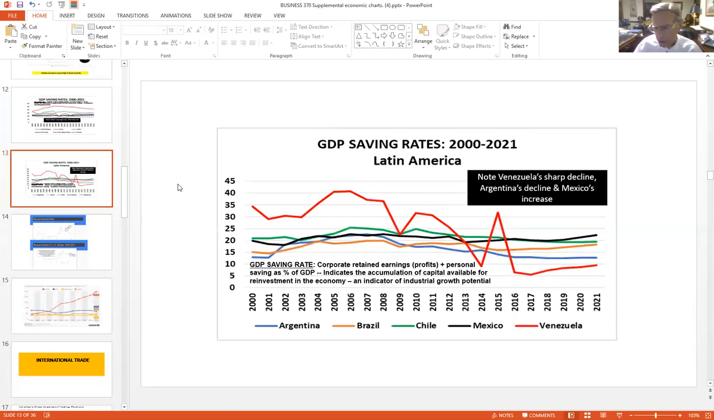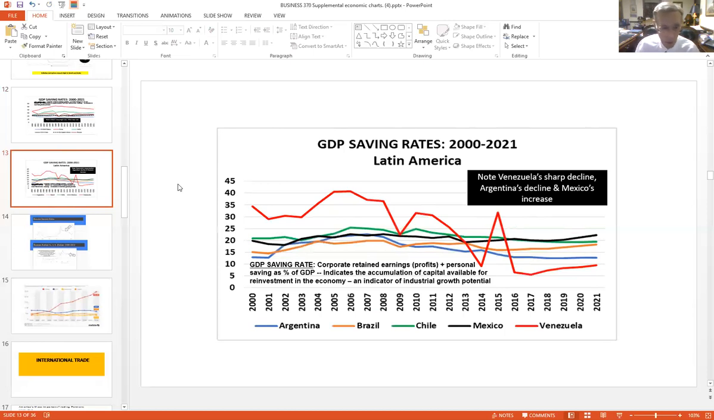Okay, so here are some saving rates in Latin America. The red line at the bottom is Venezuela. You've seen the news. You know what's been going on in Venezuela politically. It's very troublesome. So no surprise, the saving rate in Venezuela, a highly socialist nation, very unattractive